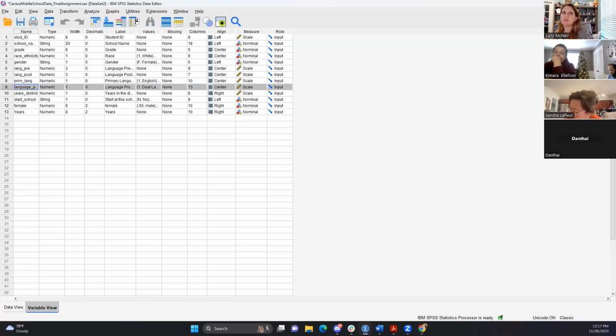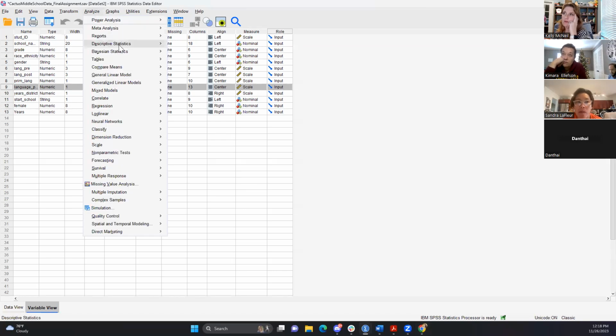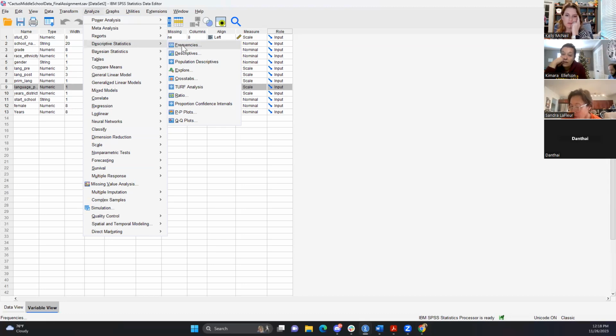So if we just get started and we were to run descriptives on this, no, in the variable itself, there's values. I think you pull it up. It's number 9. Right, that one. Would it just give us enrollment numbers first? Like if we just want to see how many are enrolled? If we want to do frequencies? I think so.